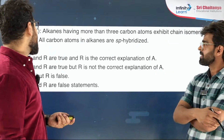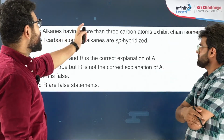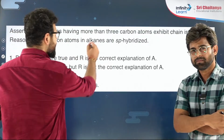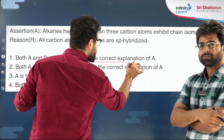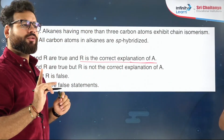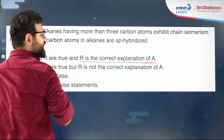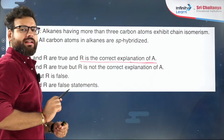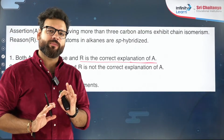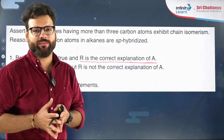Next, we will see one assertion reason type question, on alkanes having more than 3 carbons. First of all, be very careful. It's not always that in the NEET, "R is the correct explanation of A" will be the first option. As sir has told you already, it is not always so. Sometimes this option can be given first and that second, and that is where even most toppers make mistakes. The first suggestion for you is, by looking at the 2 statements of assertion reason,